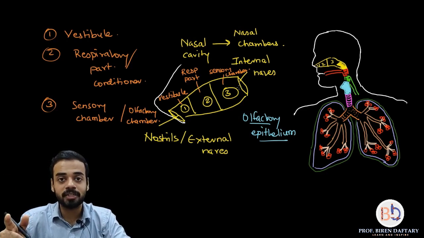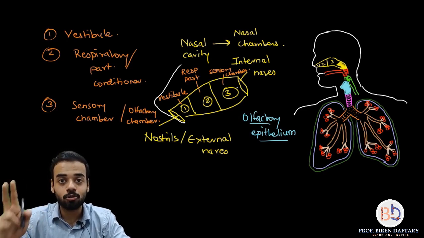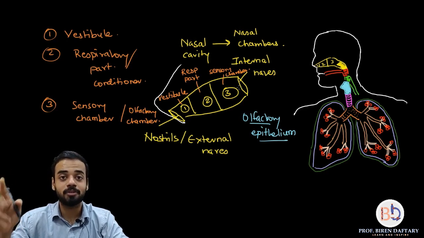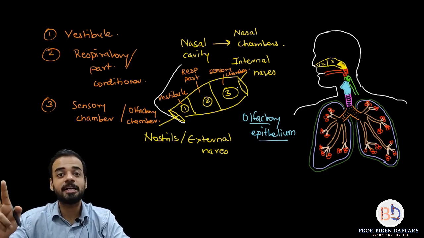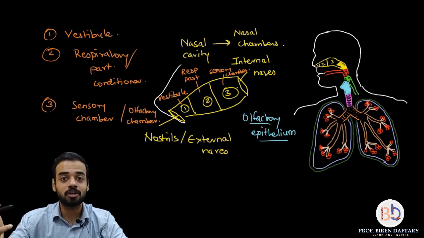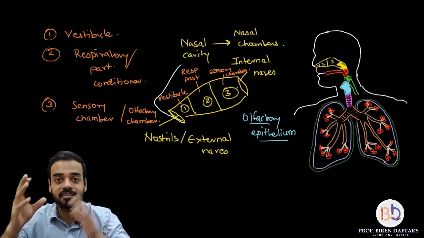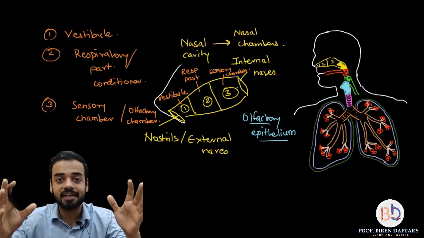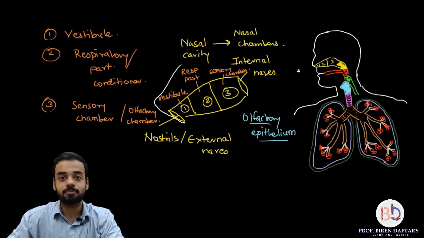What is important to remember in the nasal cavity? First of all, the cartilage which divides the cavity into two parts or two chambers, which is called the mesethmoid cartilage. Then you have to remember the division of the nasal chamber into three parts. First part is the vestibule, which has hair, so it traps dust. Second part is the respiratory part or the conditioner, which is highly vascular, so it warms the air. And third part is the olfactory chamber or the sensory chamber, which has olfactory epithelium, so you can smell things. Is this clear? And after that the internal layers, that completes your nose. So we have covered this part of your respiratory system.